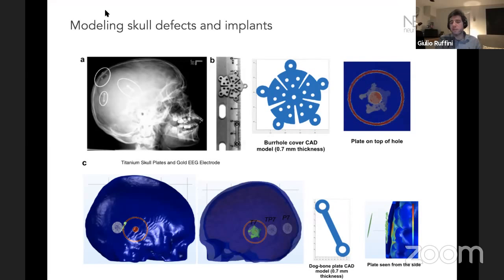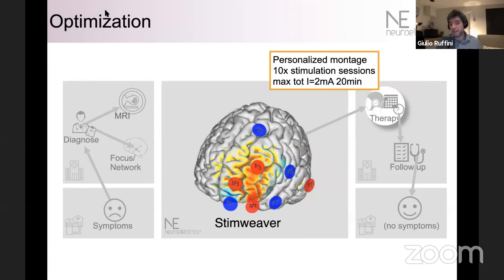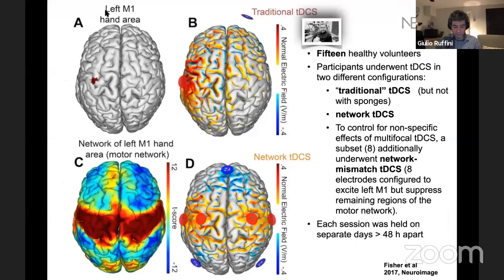We can provide a solution, in the sense that we're providing the best montage in terms of electrode positions and currents that, respecting some constraints, gives the best match of the desired electric field with the produced electric field by the montage. So we're talking about things here at the level of electric field, which is not physiology yet, but this is what we do today. We can go a bit beyond that